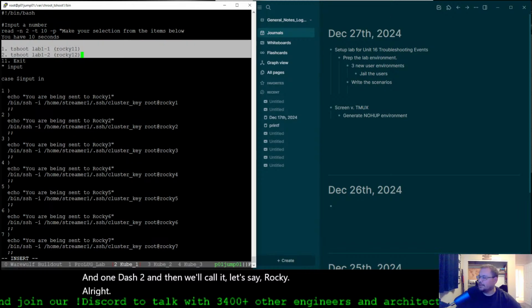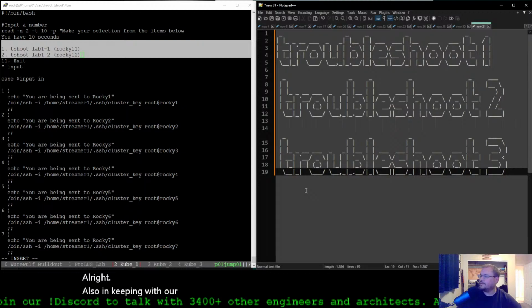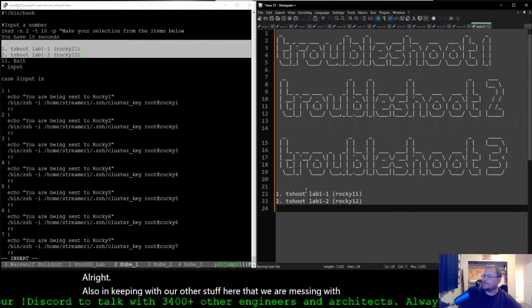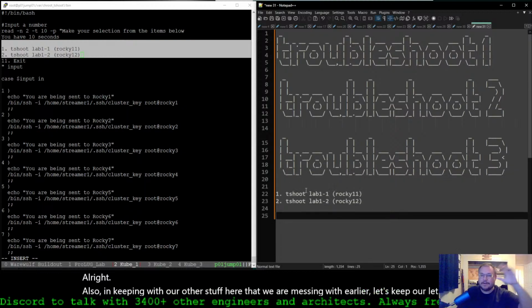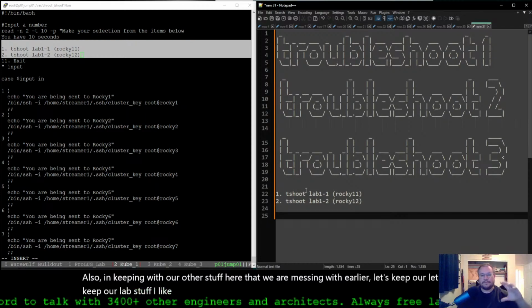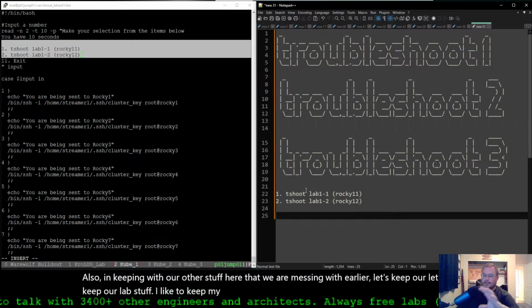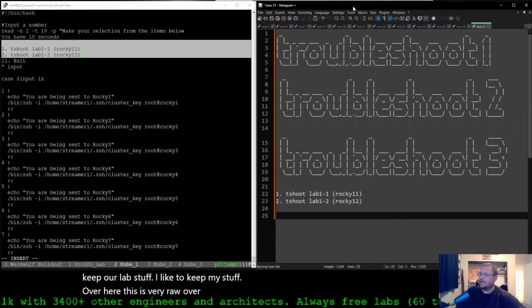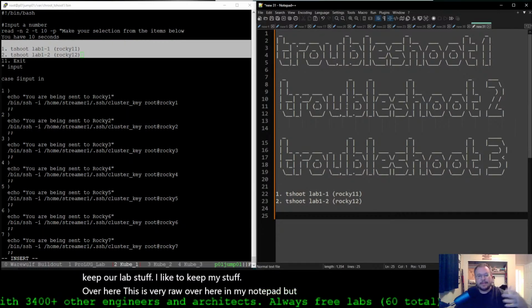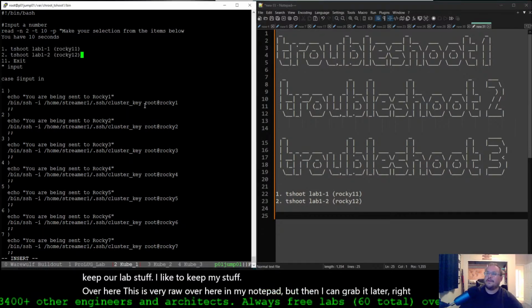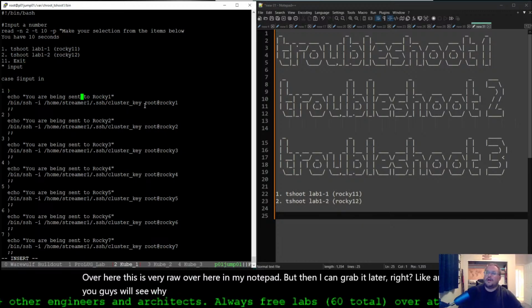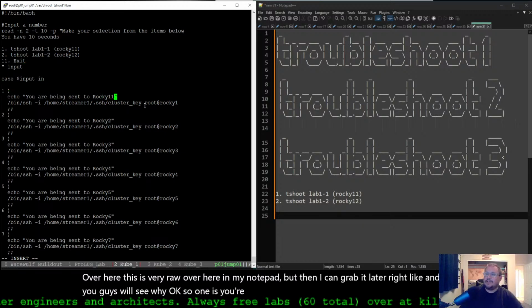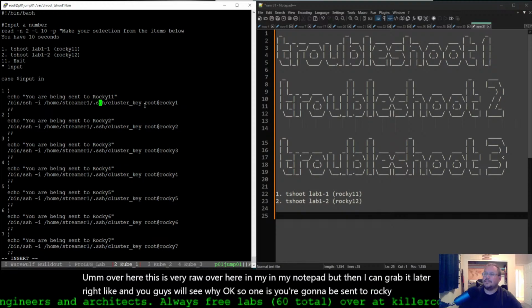Also, in keeping with our other stuff that we were messing with earlier, let's keep our lab stuff. I like to keep my stuff over here. This is very raw over here in my notepad, but then I can grab it later, right? You guys will see why. Okay. So 1 is you're going to be sent to Rocky 11, and this will be